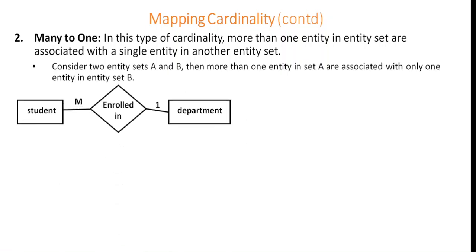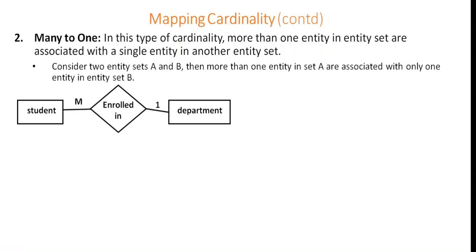For example, if we have two entity sets, student and department, then many students are enrolled in one department. Okay, so see, any student can enroll in one department only. So many students are enrolled in one department and one department has many students. So many students in the student entity set are associated with a single department in the department entity set. Okay, that's why it is many to one